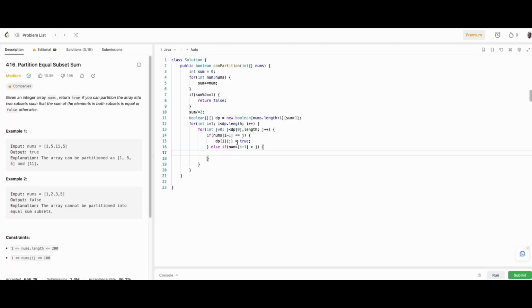So here we can say dp[i][j] equals dp[i minus 1][j]. Else, and this is the condition we need to check the most, dp[i][j] is equal to,